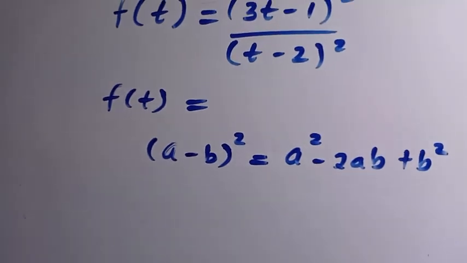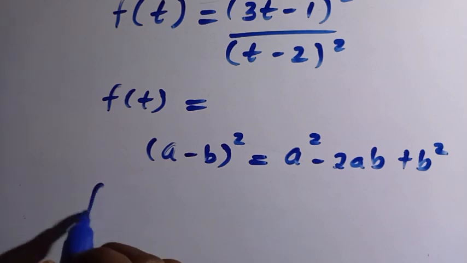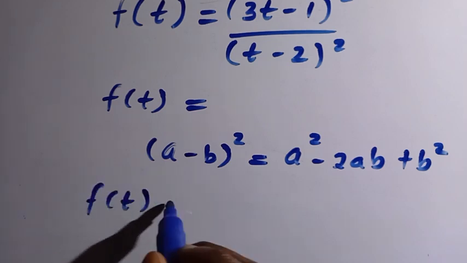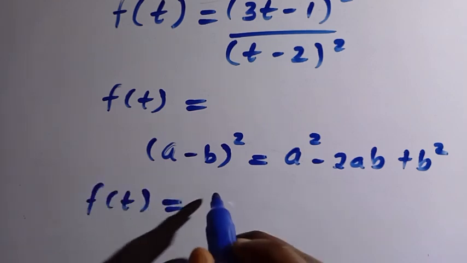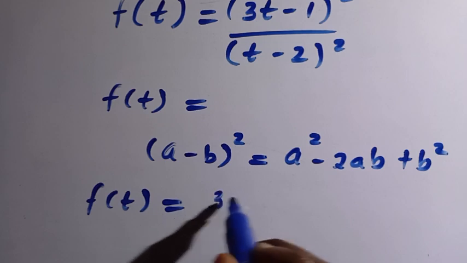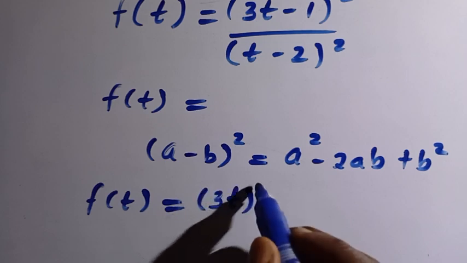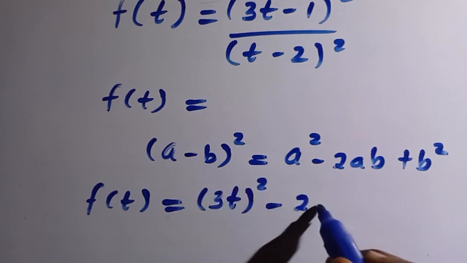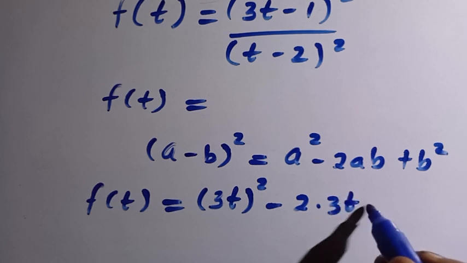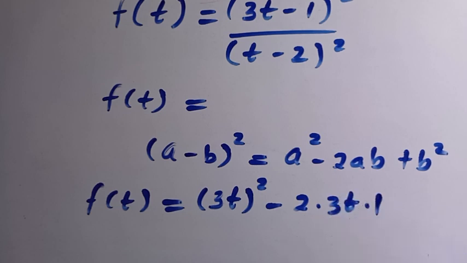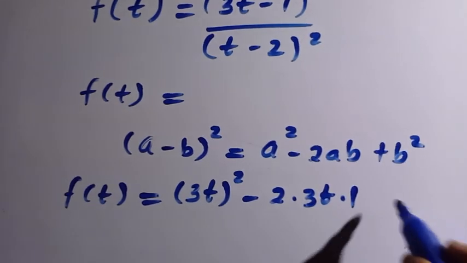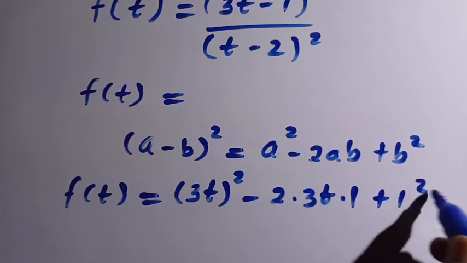So when we apply this, we are going to have f of t equals (3t) squared minus 2 multiplied by 3t multiplied by 1, then plus 1 squared,